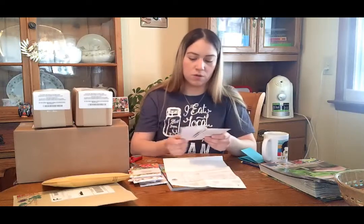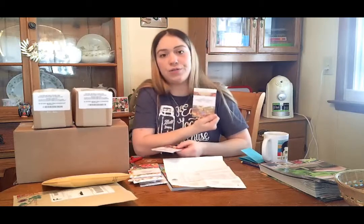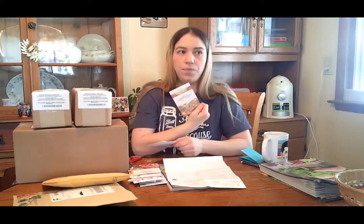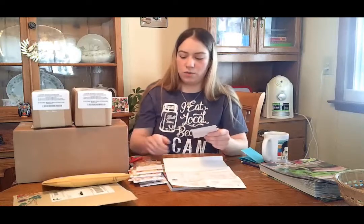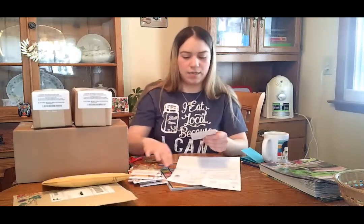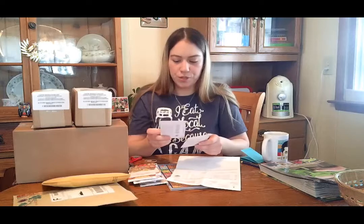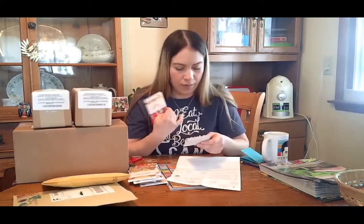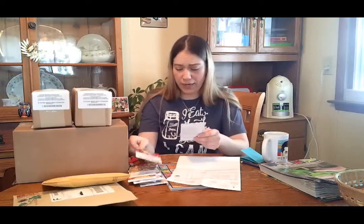The Reverend Morrow's Long Keeper tomato. I got that one because I want to start looking into long keeper varieties since we have a shorter growing season up here in the north. How long can I have fresh tomatoes is the question, so we'll see if Reverend Morrow's Long Keeper is the answer. The Super Italian Paste tomato, also the organic variety, and then the Plum Granny,